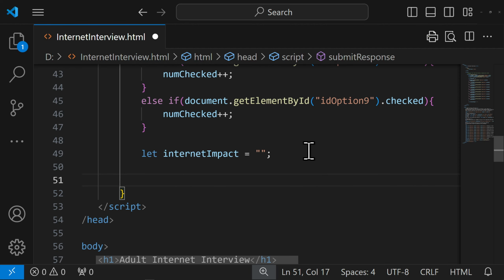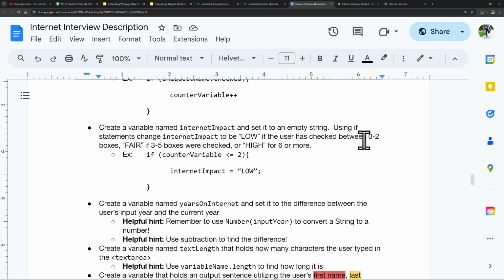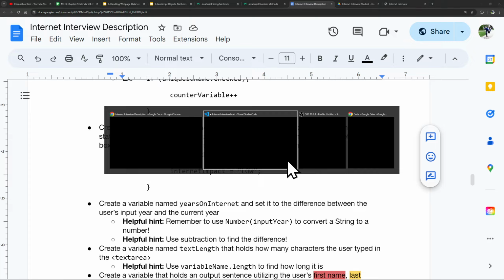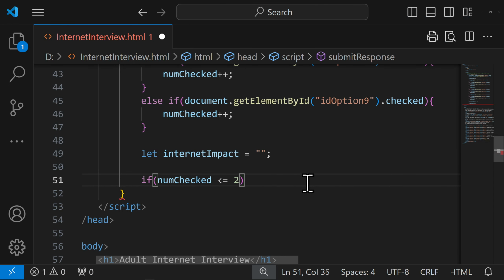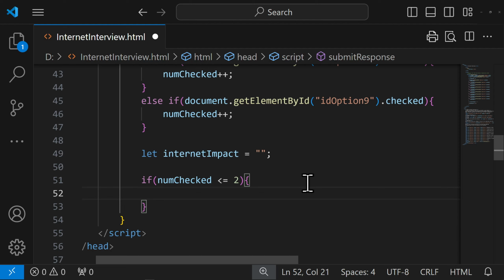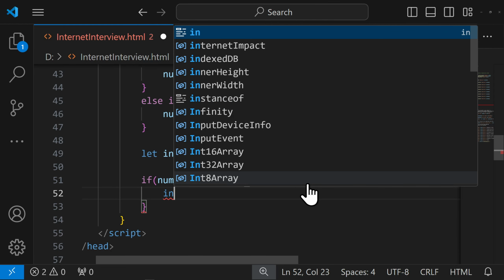I'm going to say if my number checked. Now the first option said if it's between 0 and 2. So we know it starts off as 0, so I don't have to worry about that. I can just say something like this: if it's less than or equal to 2. If num checked is less than or equal to 2, curly bracket, then I will say that internet